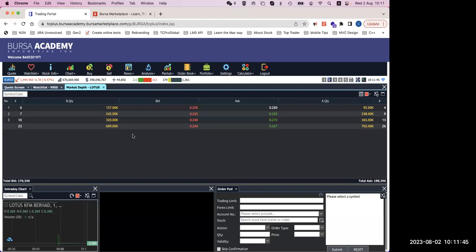For those who are using this application for the first time, you have the option to reorganize the layout to suit your own preference. Before I start on any of the trading market information widgets,